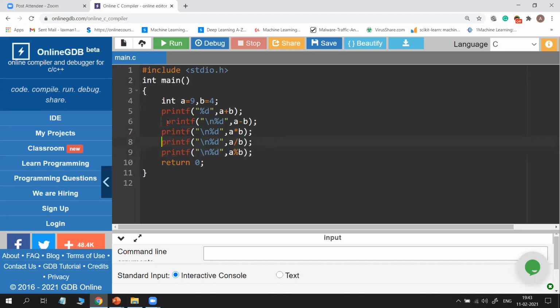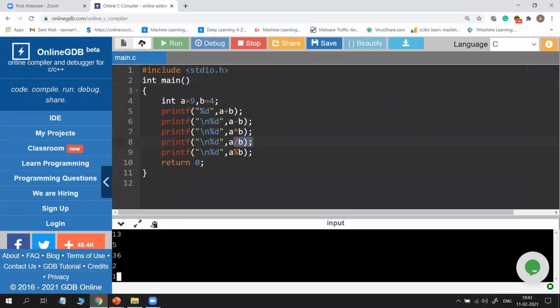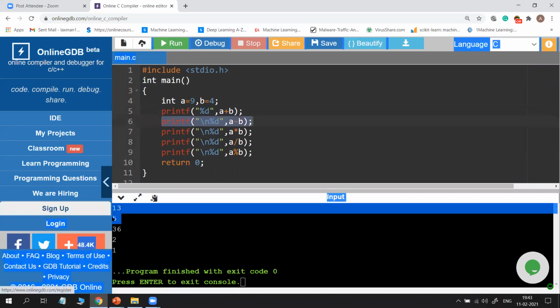So I declare two variables, 9 and 4. So here 9 plus 4, 9 minus 4, 9 into 4, 9 by 4, 9 mod 4. Run it and check the output. First is 13, for this line 9 plus 4 is 13. 9 minus 4 is 5 in the second line.